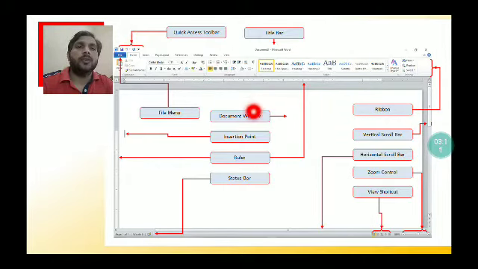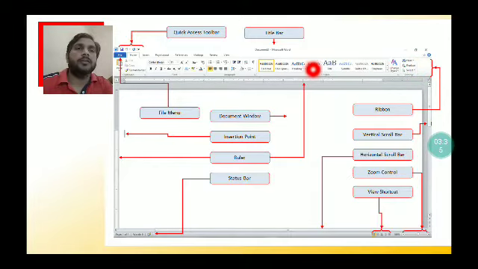Next, document window or work area. The white space, the complete white space, that is where we write any word or type something. This is called as work area. And next is ribbon. Here you can see ribbon. So what is ribbon?